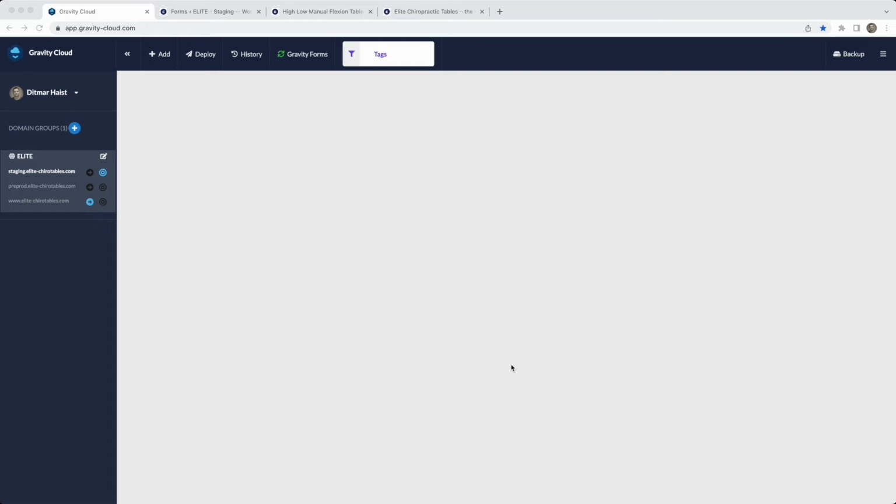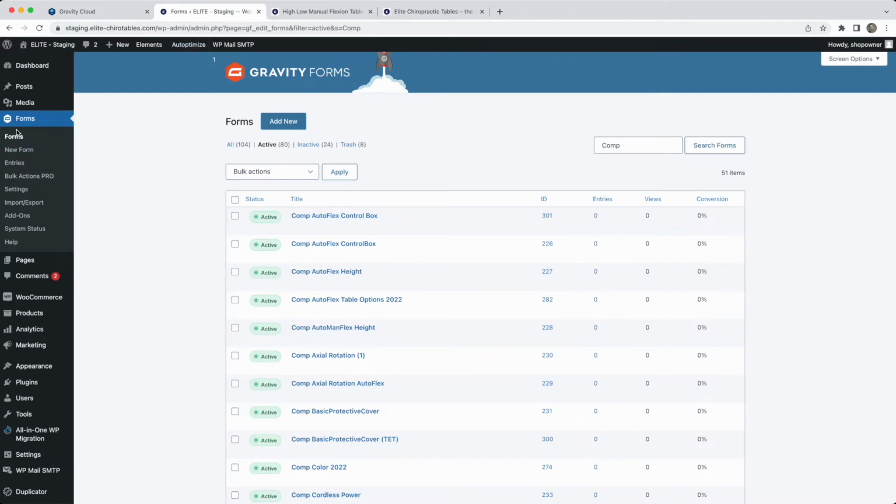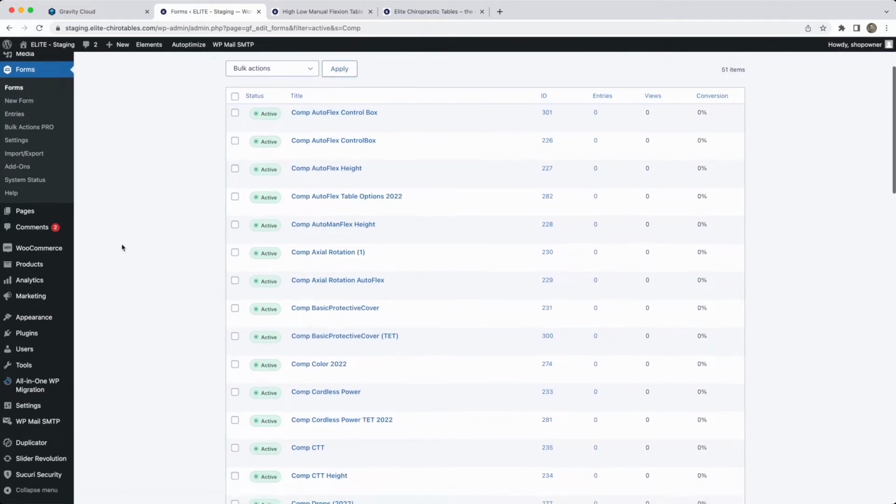Now it's time to create product recipes. This is really where the power of Gravity Cloud is demonstrated. So first off, let's take a look at our staging website. I've filtered my forms by components, and you can see these are all my building blocks that I can assemble